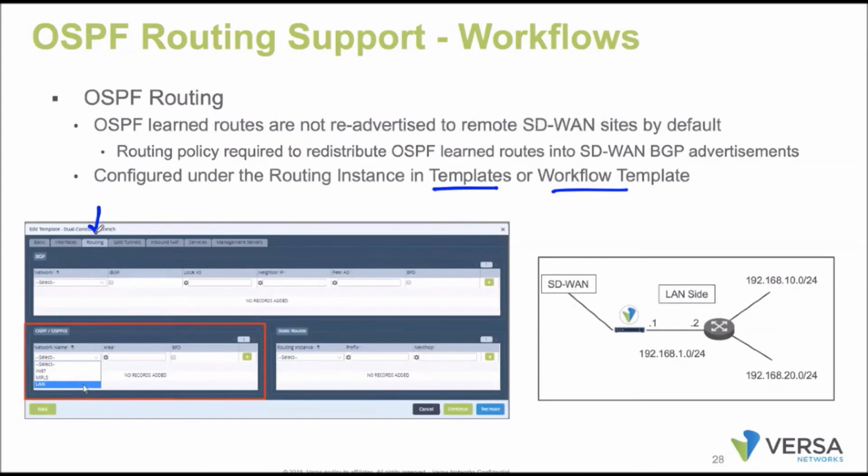Under the workflow template, you are going to have the very basic configuration. Going to routing, you will have OSPF version 2 or version 3, then on which interface we are going to run OSPF, and what the area ID is. So we provide very basic information if I configure it in the workflow template, whereas if I go to a template and configure OSPF, we can do each and every configuration related to OSPF. We'll be talking about how to configure static routes, OSPF routes, and the different options in the templates in the upcoming slides.